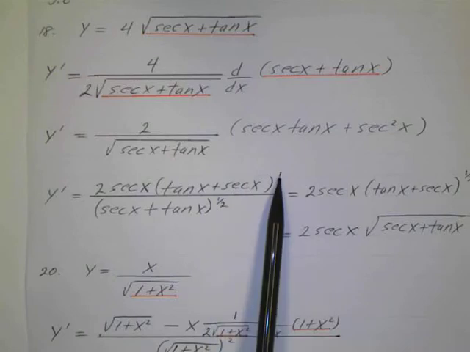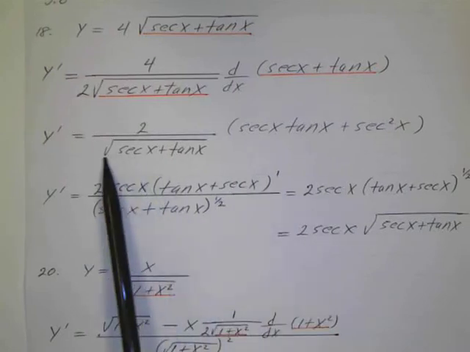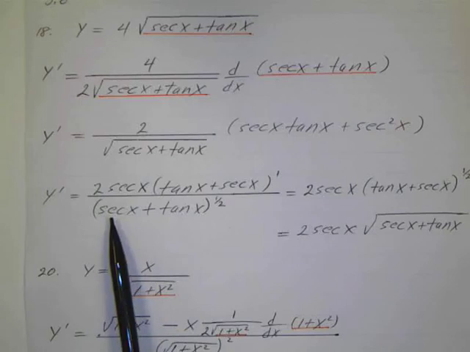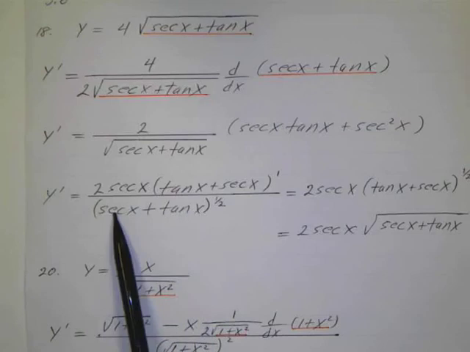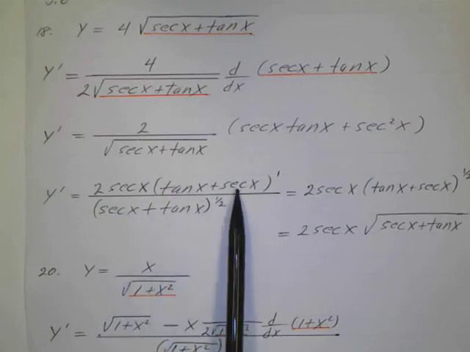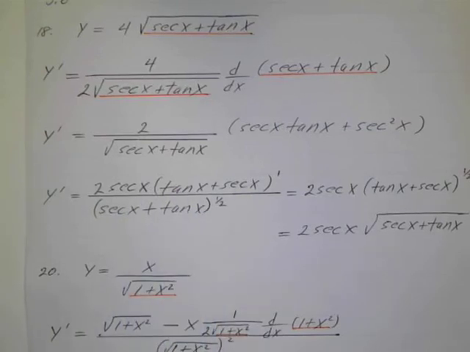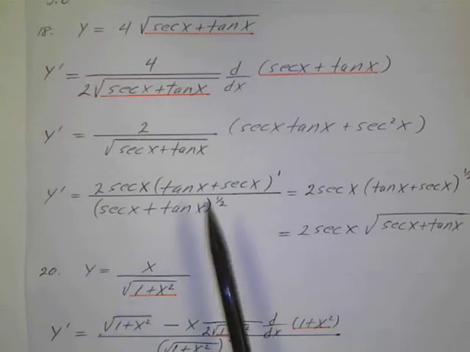And I wrote this as basically to the first power, because what I did was I took this square root of the secant plus the tangent and wrote it as a secant plus a tangent to the 1/2. Now remember, by the commutative property of addition, these are the same. This is the same as this, just in different orders. So what I could do is I could